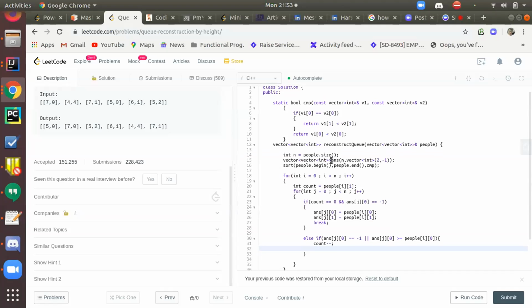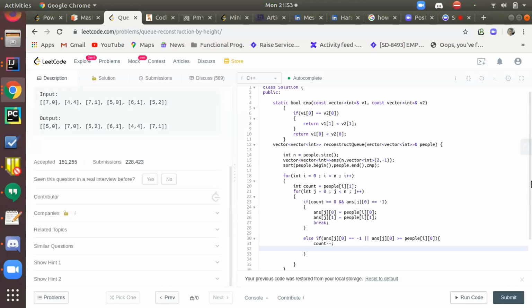Now what I do is I pick the person from the sorted sequence, that is people of i, and I keep its count in the count variable. Now I've done exactly what Shashank explained: if the count is 0 and the space is vacant, then I simply put that person in that vacant space.